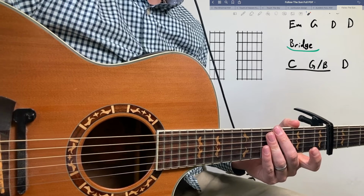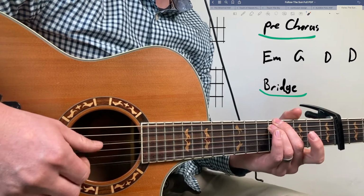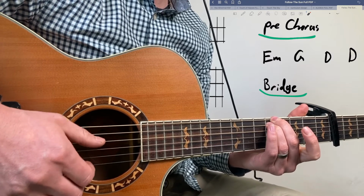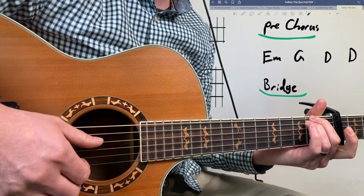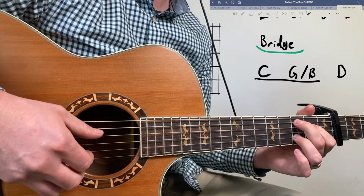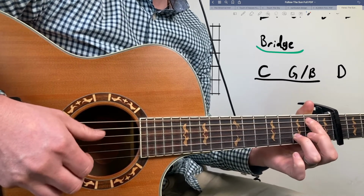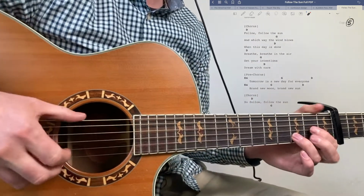And then when you get to the C part, or the pre-chorus part, tomorrow's a new day for everyone. For the bridge part, you're just going to take the picking down one string here to the root note. Okay, so basically the first verse you're going to be following